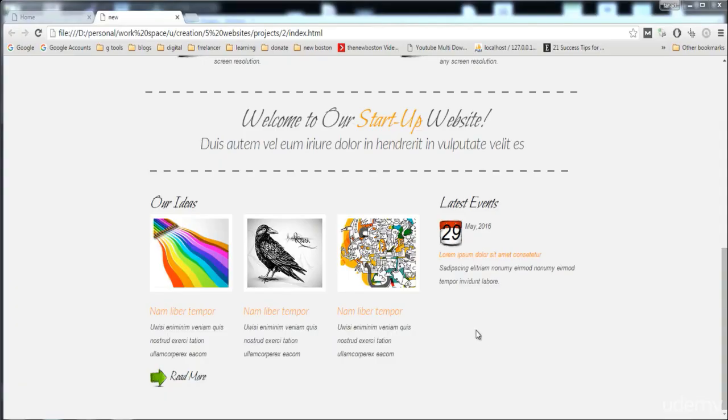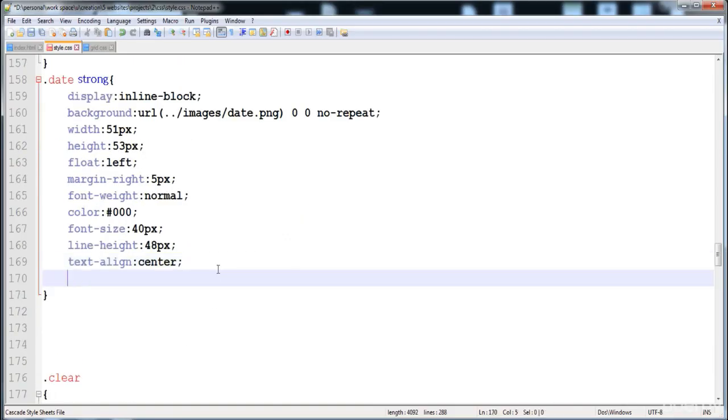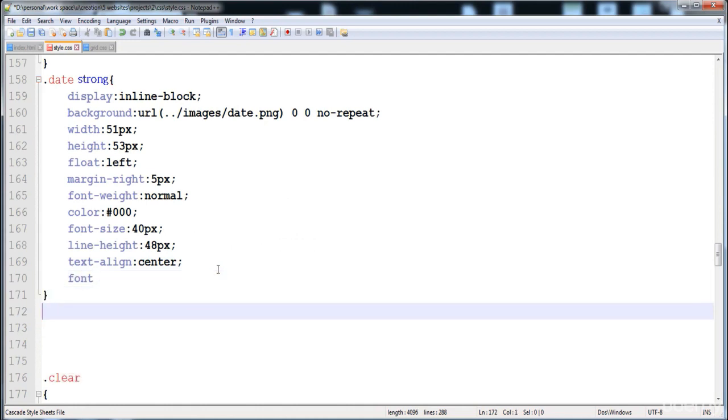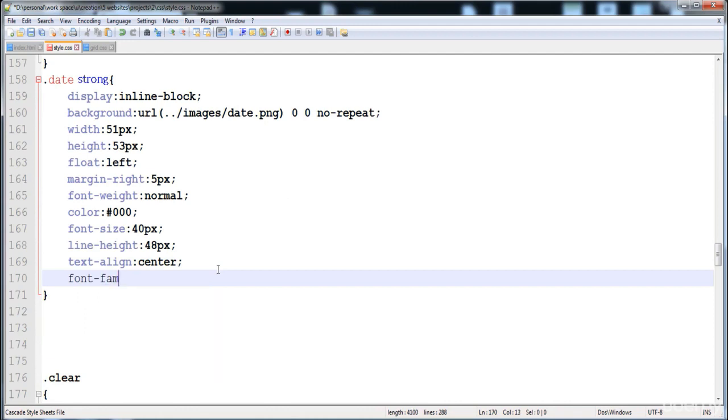Hi guys, in the previous lecture we reached this spot. We have given the style to this 29 strong text. We have inserted this background image, and now we are gonna give the font family to it, and then we will give that style to this text. Here is the font family. Font family is Bilbo,